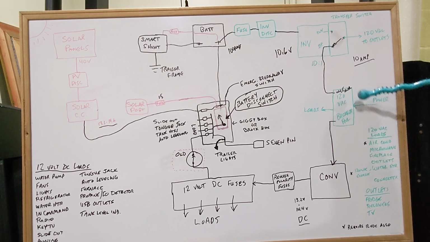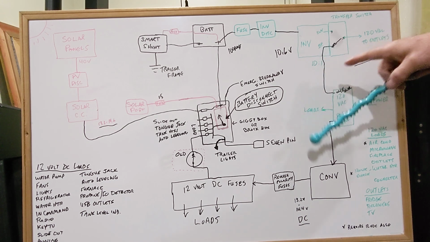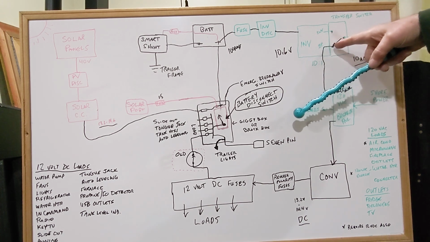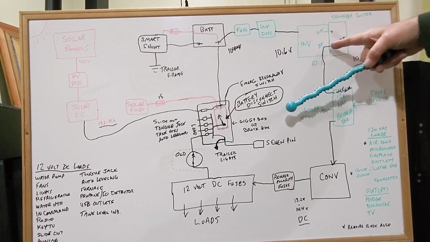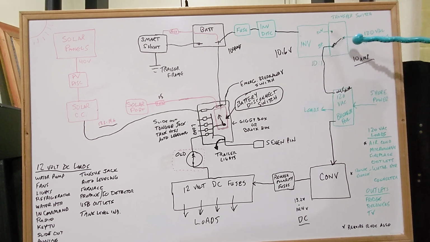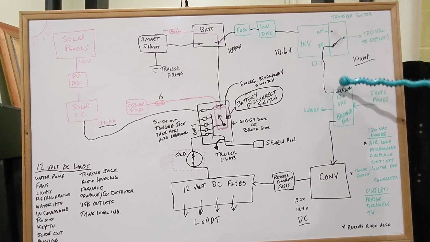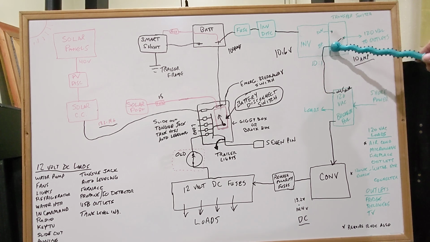It's a breaker. It says inverter or solar. But what happens is it supplies shore power up and it just passes through the inverter. Normally this transfer switch is selected so shore power passes through and goes up through here and out to your outlets. So whether the inverter is on or off, when you have shore power, it just passes through the inverter